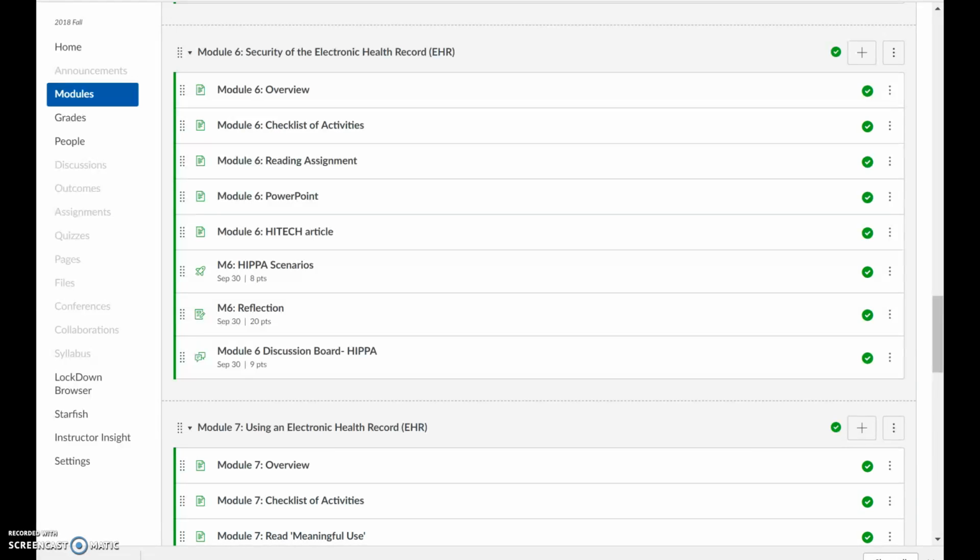Module 6, Security of the Electronic Health Record. You'll see this abbreviated quite often as an EHR. In this module, you're going to learn about HIPAA requirements that we learned about before, related to the use of